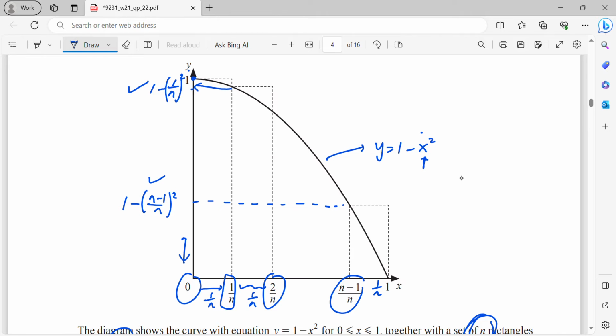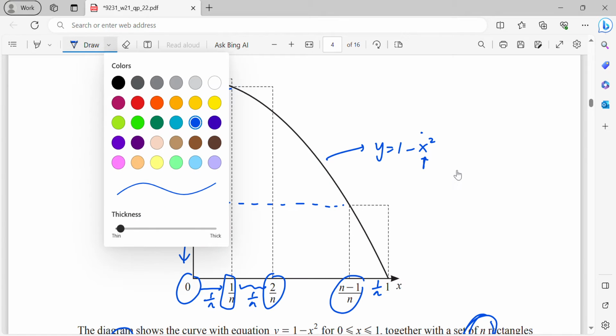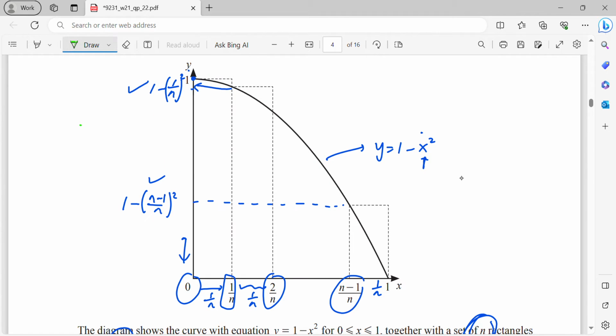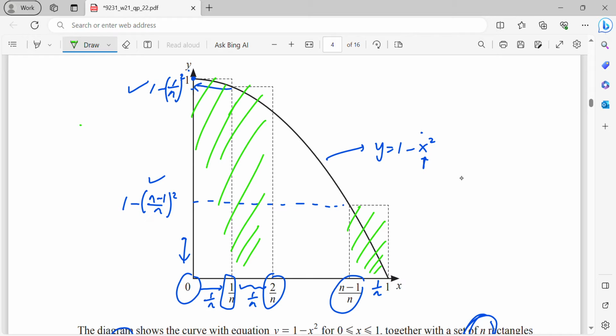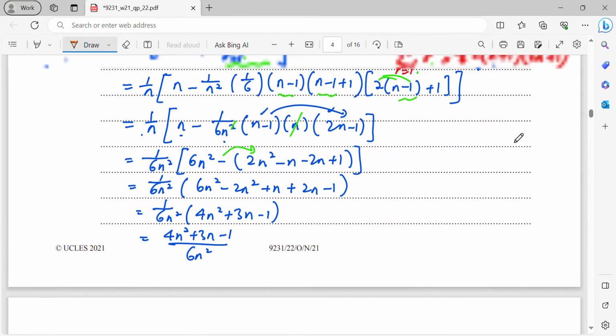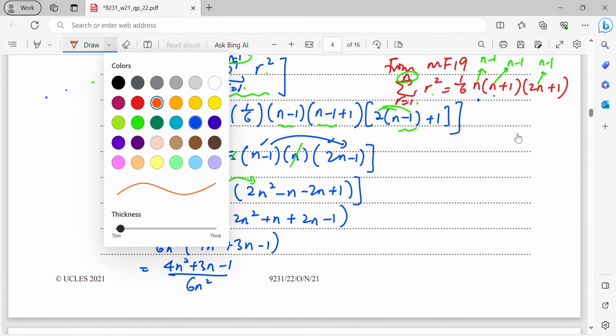Alright, so obviously when you consider this, these rectangles will have more values. I mean the areas of the rectangles, the total of the areas of rectangles will be greater than the area under the curve, because your area under the curve is just this part. So these are the excessive parts from the area of the rectangle. Okay, so from here I will just write down